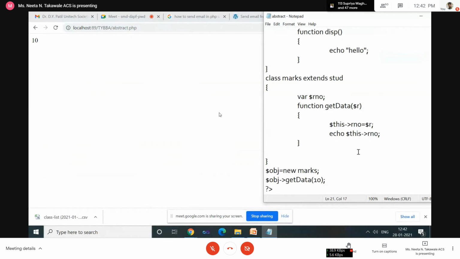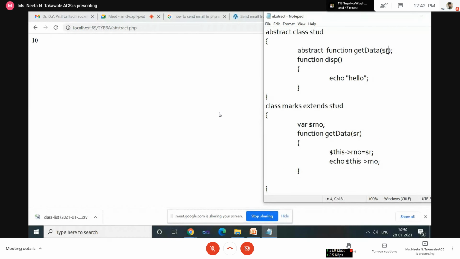See. Okay, now here in the declaration of the abstract method in the abstract class, I am passing one argument. So it is compulsory. If here you are passing one argument, then in the definition also you have to pass one argument. That's why I am initializing this roll number using this abstract method.